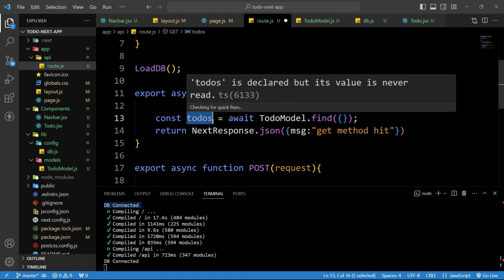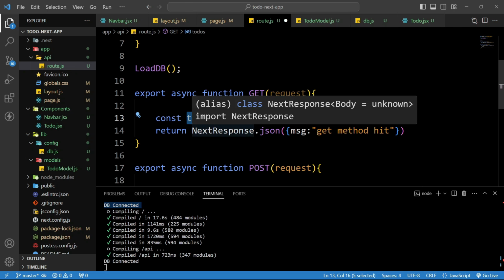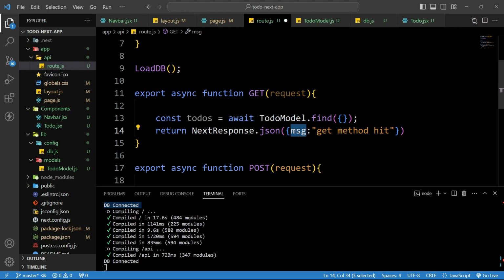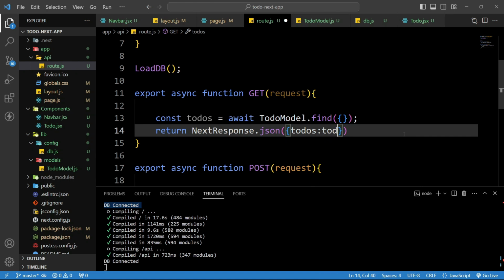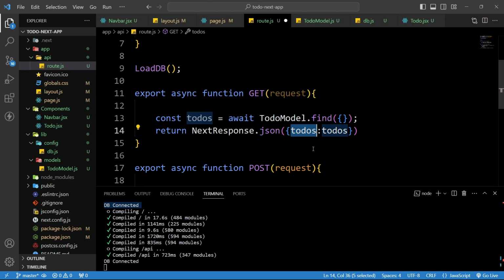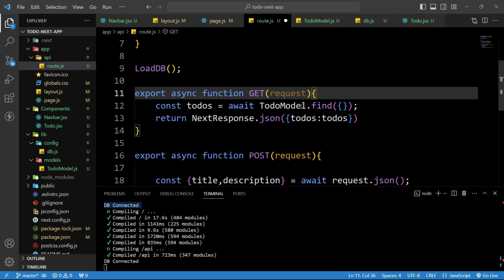Now all todos will be stored in this todos array. Now we have to send this todos as a response. So here we will add todos, and in this todos we will simply provide this todos, and in this response we are sending one object where we have the todos property, and in this todos property we are sending this todos array. Now we will save this file